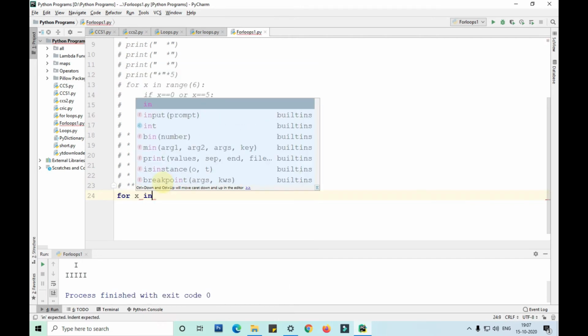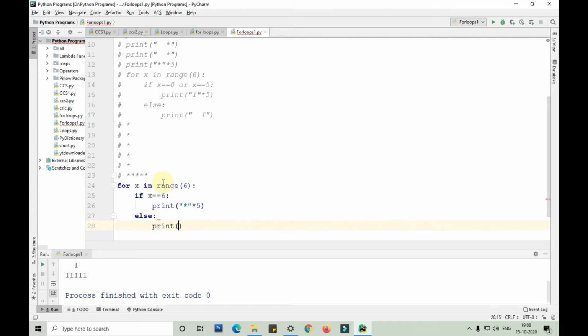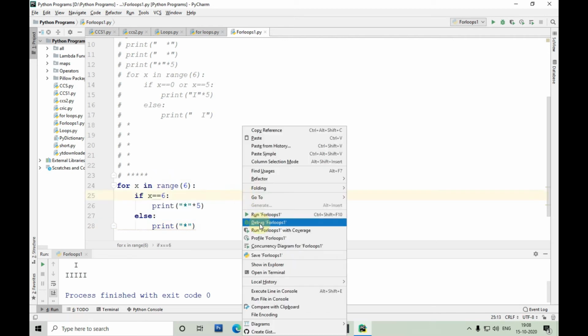For x in range of 6, colon, if x double equals to 6, print star into 5, else print star. Now let me run this and show you.